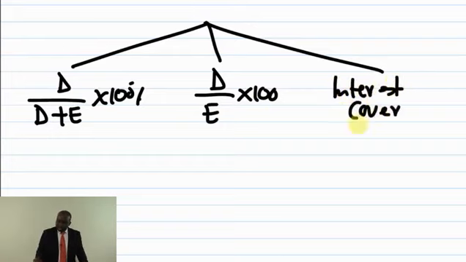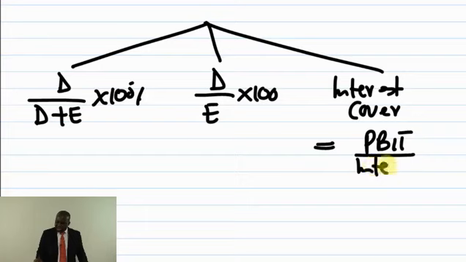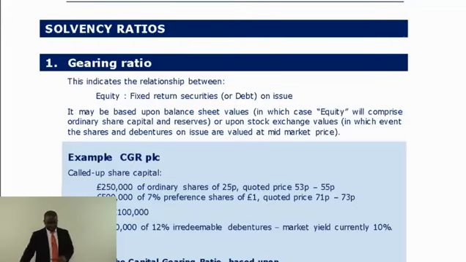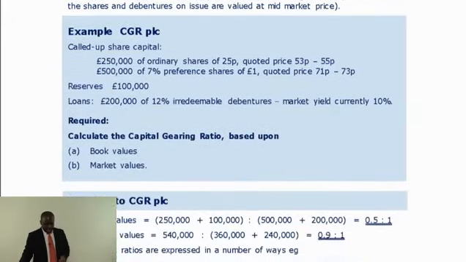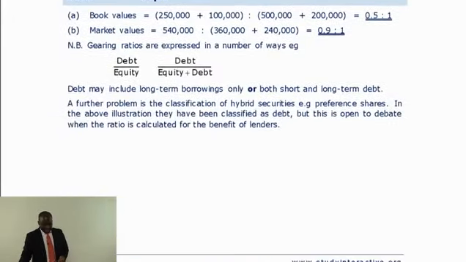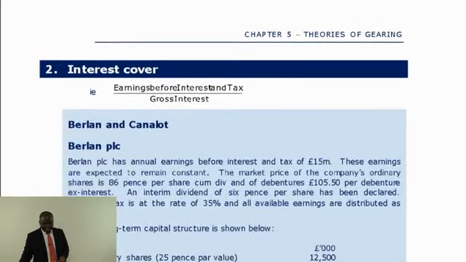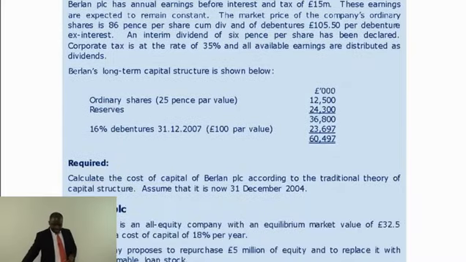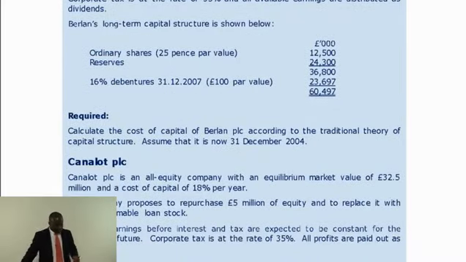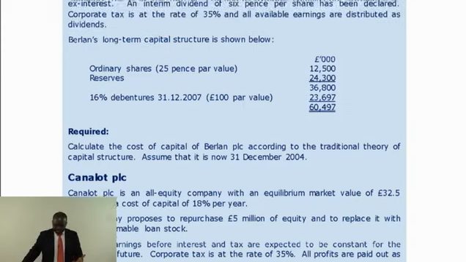Okay, and interest cover is simply equal to your profit before interest and tax divided by interest. So have a time and look at this primary school thing. Nobody is technically going to ask you to calculate this basic gearing. So I'm going to use the time effectively here by looking at these bigger two questions, so that we will be able to move on to the next level. Gearing ratios are just basic things.